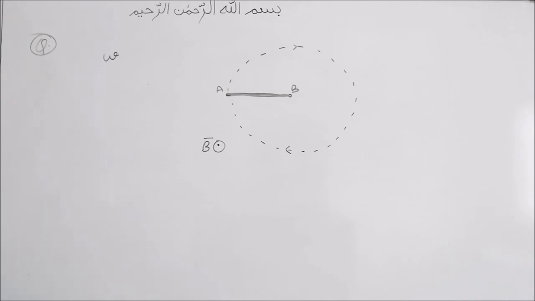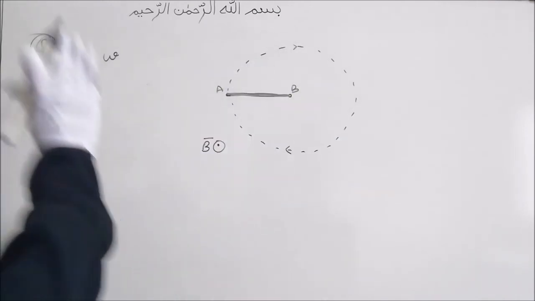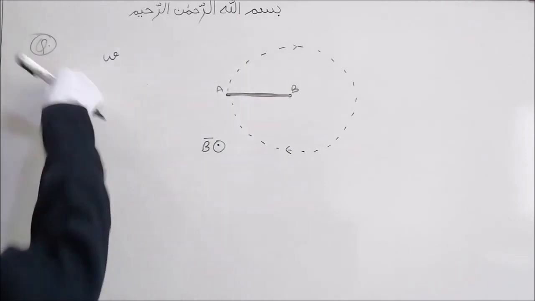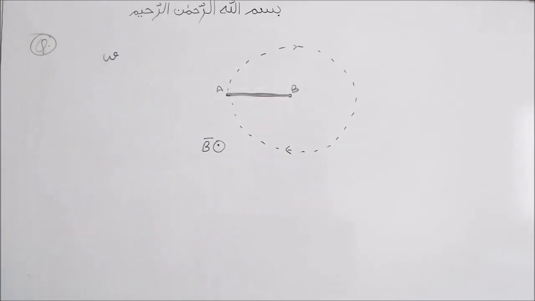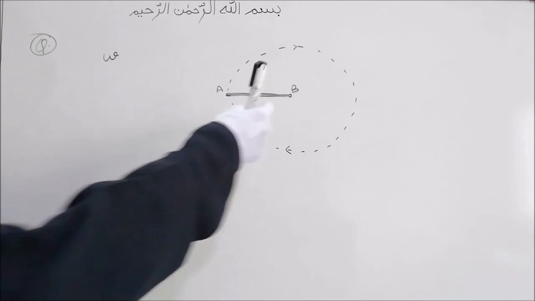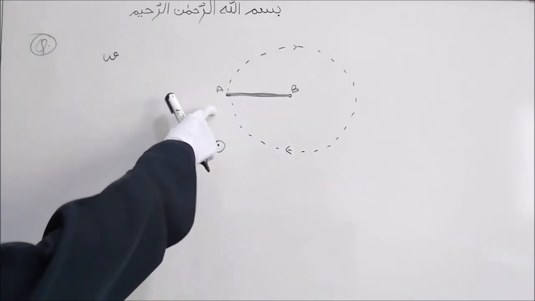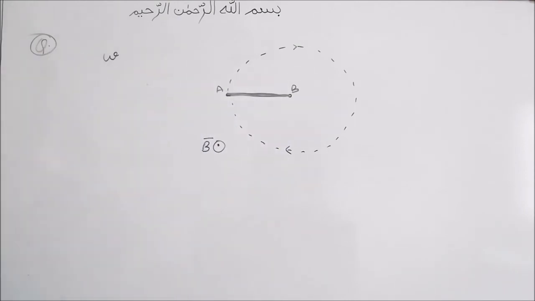We have a metal rod AB which rotates clockwise in the plane of the paper, or in the plane of the board, about its end B with angular velocity omega. There is a magnetic field which is coming out of the plane of paper normally. The end B about which the rod rotates is positive with respect to end A or negative with respect to end A. How do we find that?